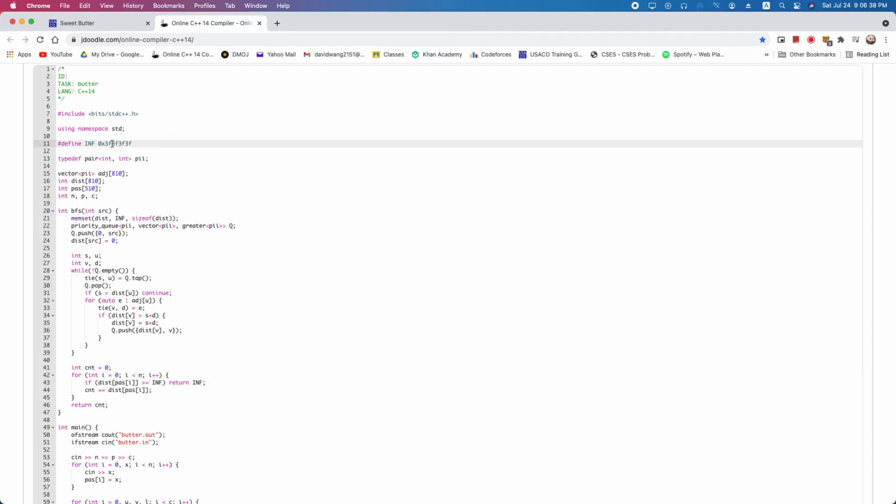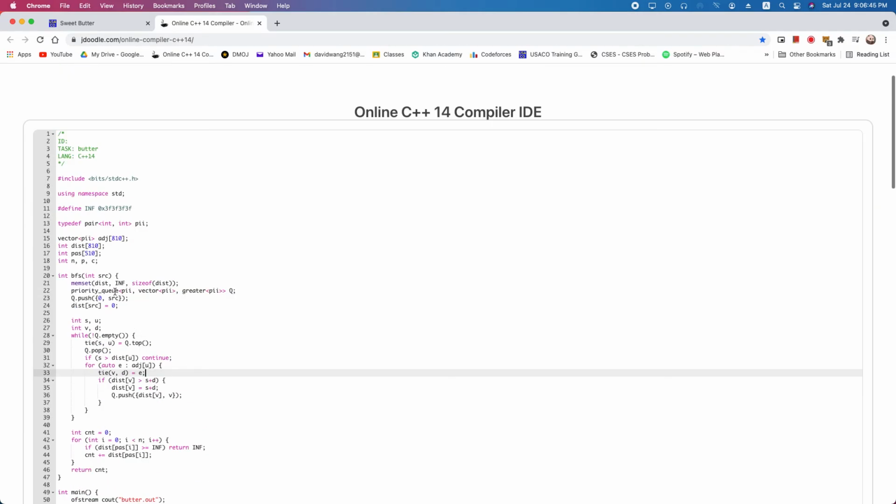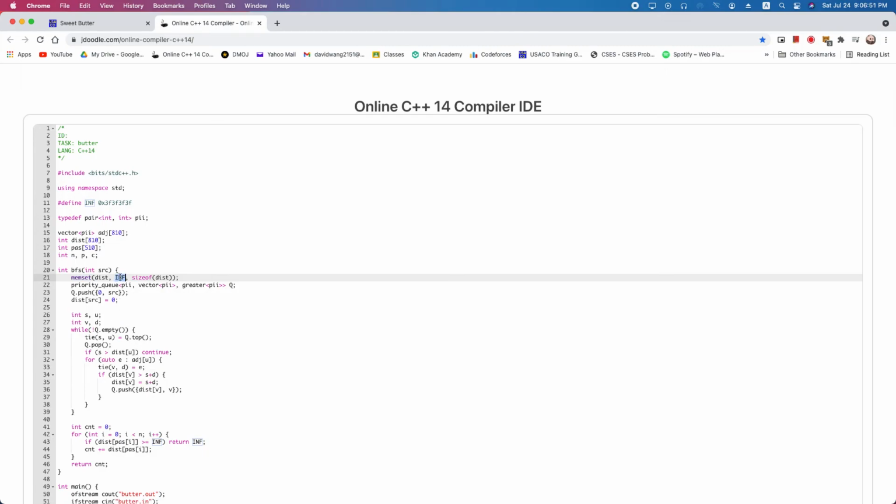So here I define infinite as this. This is just a number that can be assigned using this memset. Because if you just do INT_MAX, you might get overflows,